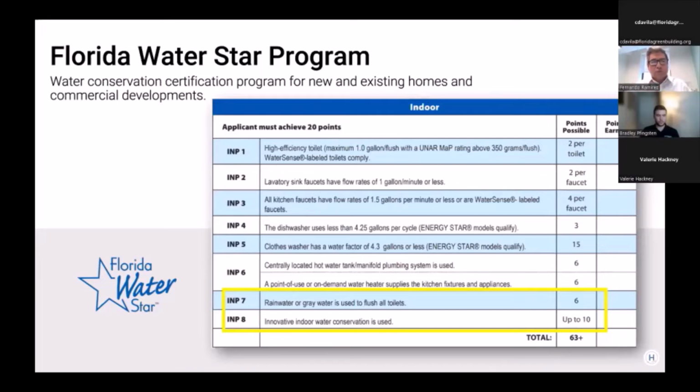The Florida Water Star program is a certificate program for new existing homes and commercial developments. INP 7, and this is for gold standard, Florida Water Star Gold. INP 7 provides 6 points for gray water used to flush toilets. And think about that for a minute. We should not be using fresh water to flush toilets. We're throwing water away every day. Everybody on this call, every day we throw water away, and it's a precious resource that we need to be more carefully